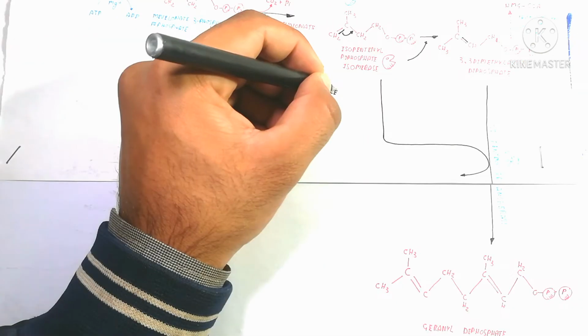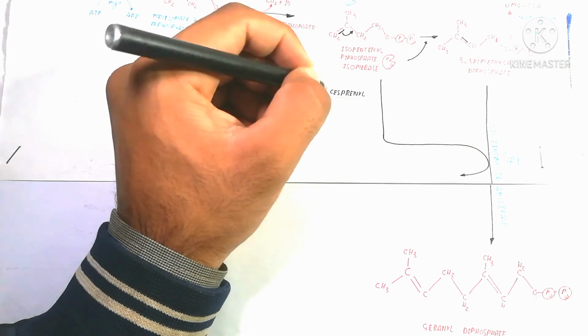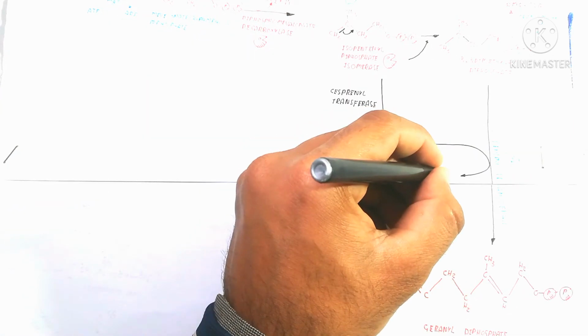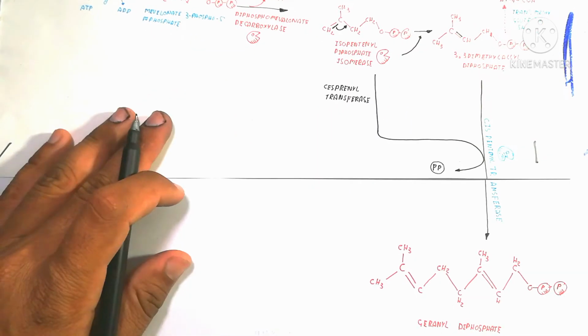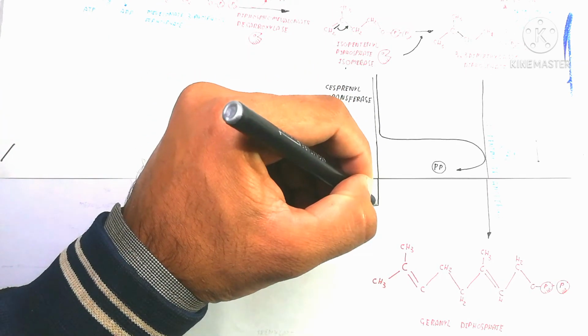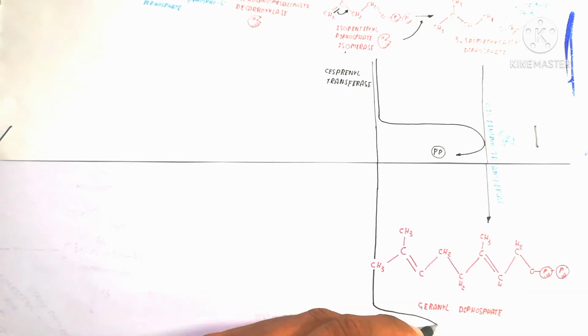So the 11 carbon containing compound will be formed, and that is known as geranyl diphosphate. And again, the cis-prenyl transferase enzyme is used to release the 2-phosphate group from the isopentenyl diphosphate, and the same reaction will occur and produce 5 more carbon addition. So it means the 11 plus 5 adds more to produce